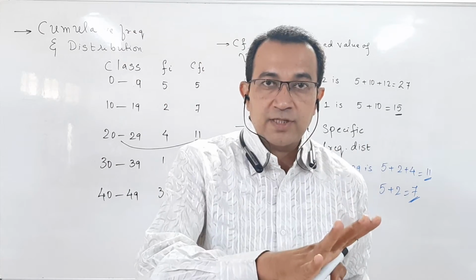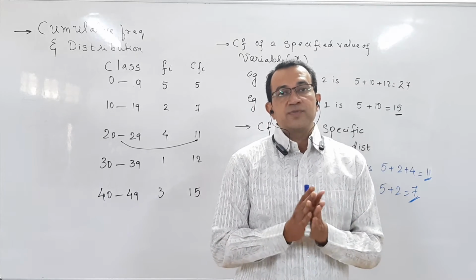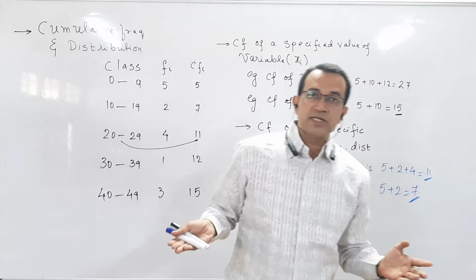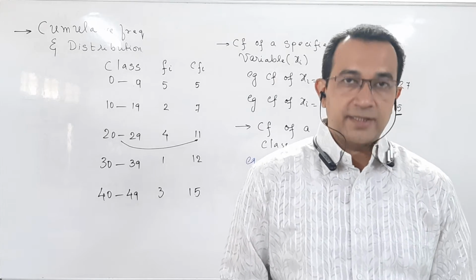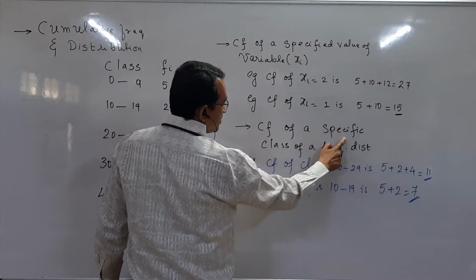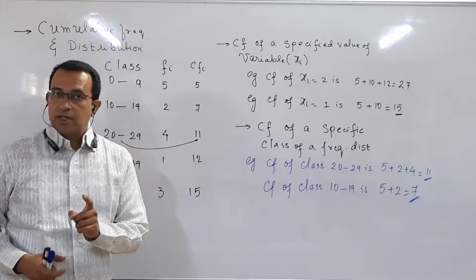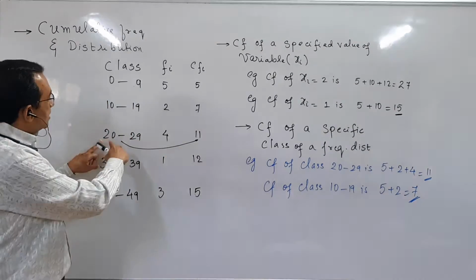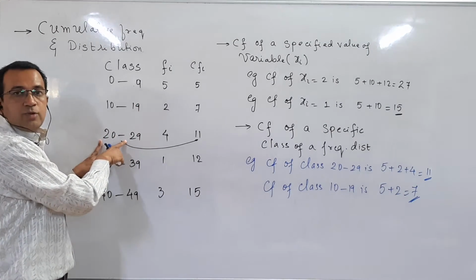when it is a discrete frequency distribution, and what is cumulative frequency of a specific class of a frequency distribution. Let that frequency distribution be either inclusive or exclusive, that doesn't matter. So I am defining cumulative frequency of a specific class of a frequency distribution. Pay attention. The sum of frequencies of all the classes above that class, including that class, is called cumulative frequency